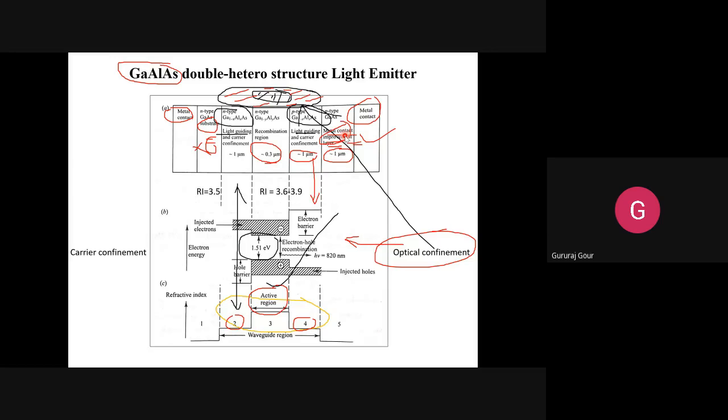The LED's operational performance. And coming to these 2, 3, 4 regions once again, look at their dimensions. The size of the recombination region, that is called the active region, will be kept very small. This is because the recombination should happen in a very small region. The idea here is that 2 and 4 are helping, because 2 is called the light guiding and carrier confinement layer.